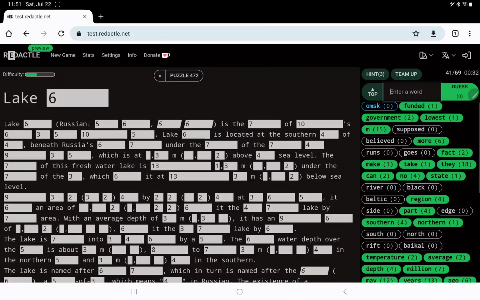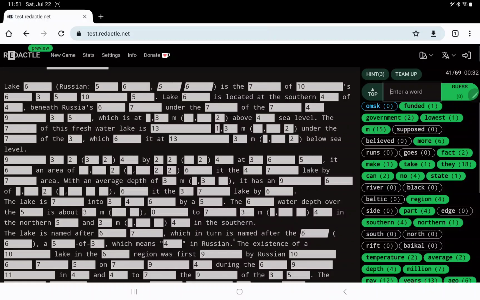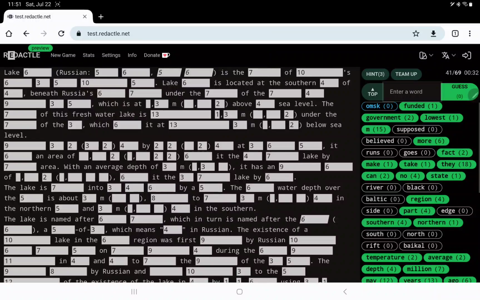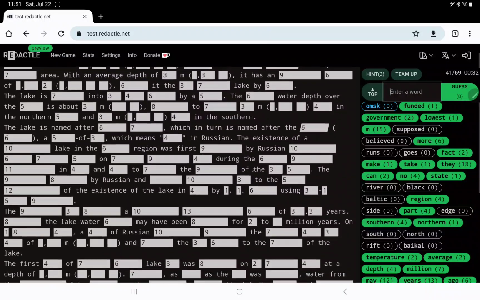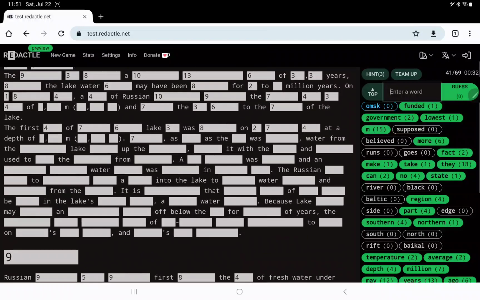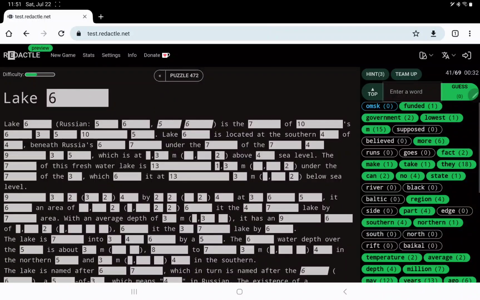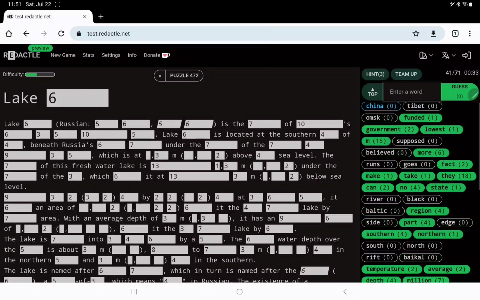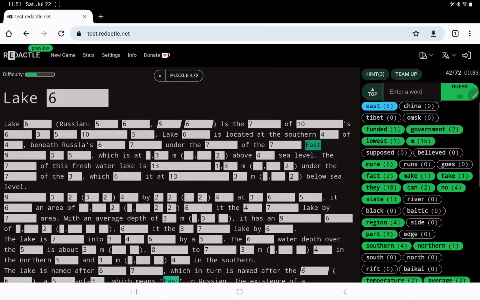It must be pretty much far away from the peaceful cities and regions we know about, because they thought it was there and then they had to go looking for it. Could it be down near, does Russia border Tibet or, well, let's try China. No. I did north and south. Let's try east. Oh, there we go.